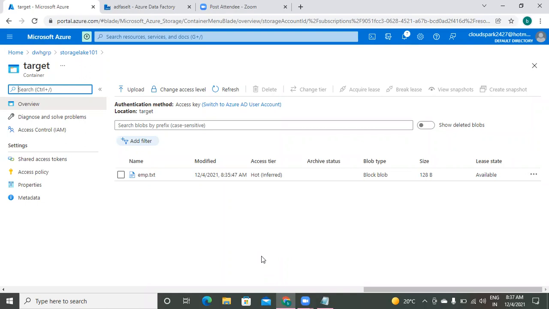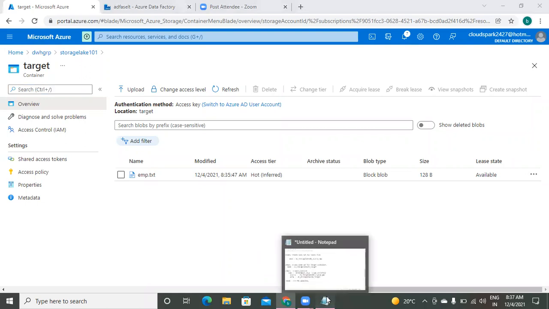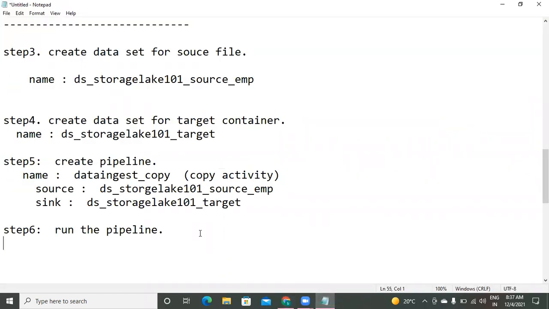Understood? This is our working style. ETL or ELT? What is our work style? ELT. Extract, load.